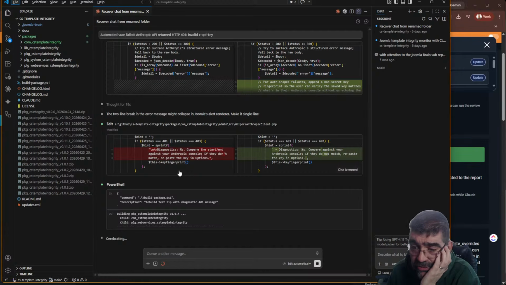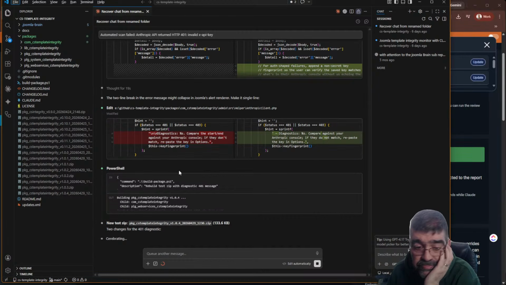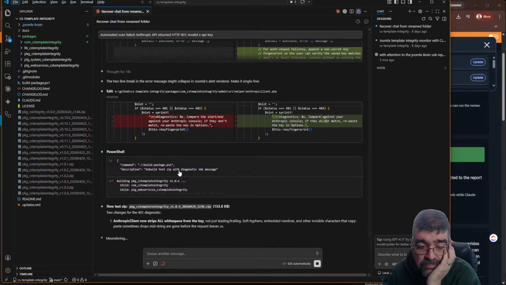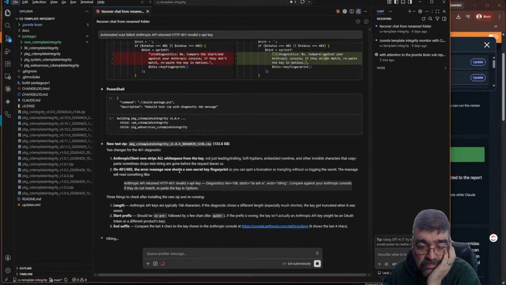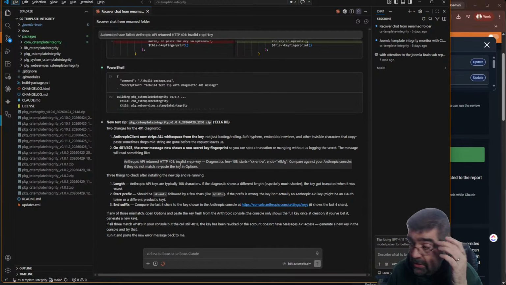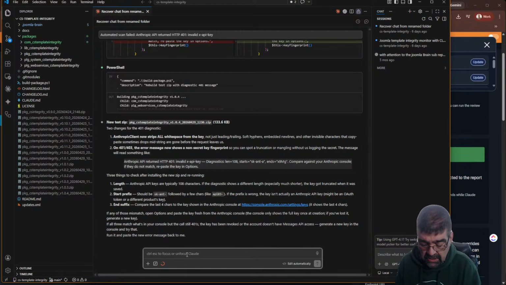All right, let's see if this little fix is what does it. Might be a white space in there. Oh, that's true. Okay, it's a good point. I'm going to say